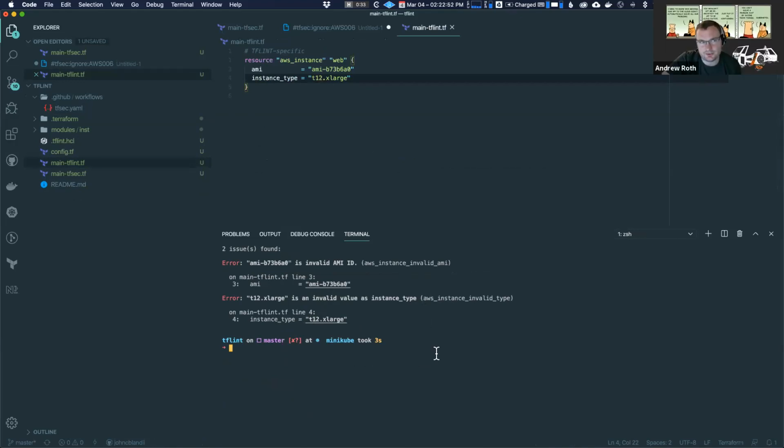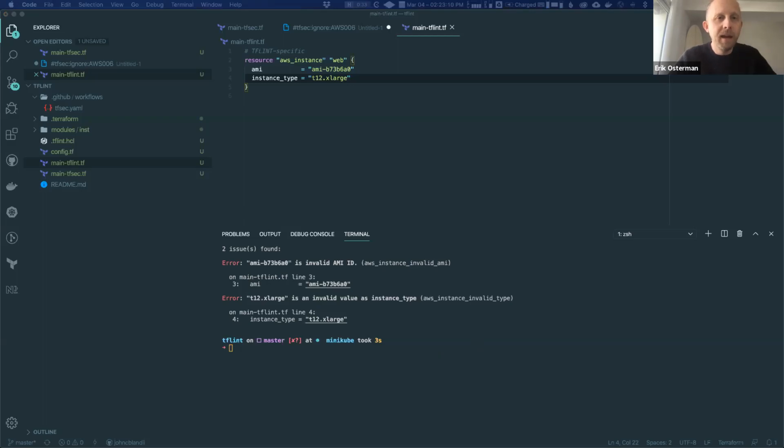Something else that I've looked at in this space, I haven't had a chance to use it yet, but it looks very interesting, is you can use OPA to evaluate Terraform as well. And ConfTest. ConfTest builds on OPA in a more opinionated way as well. So that's kind of cool. The example they give is actually a useful one.